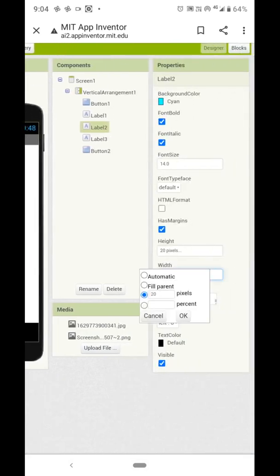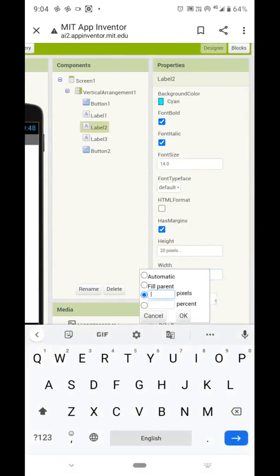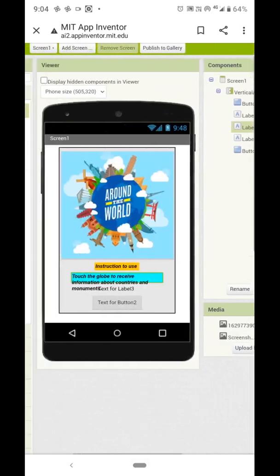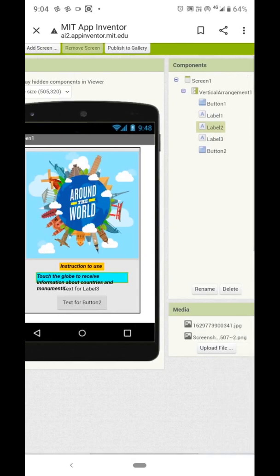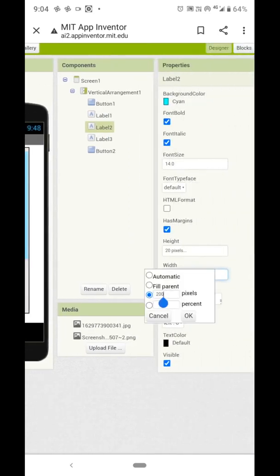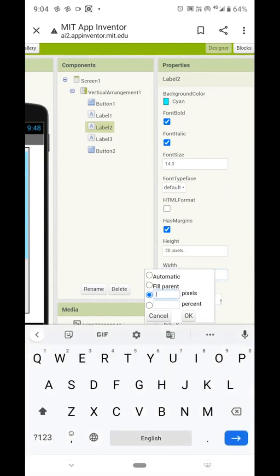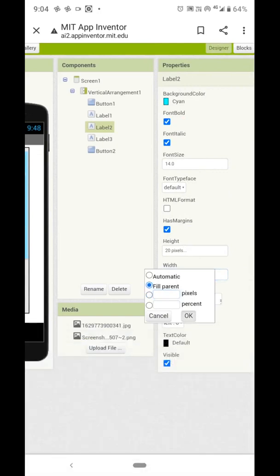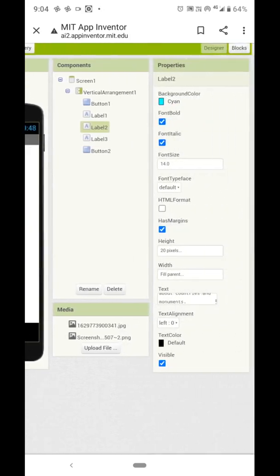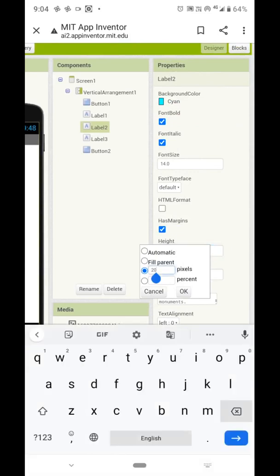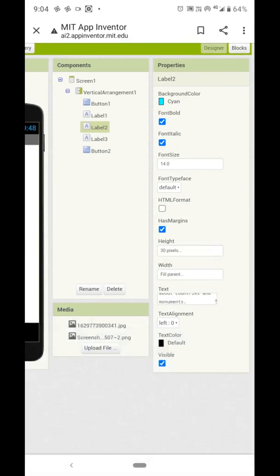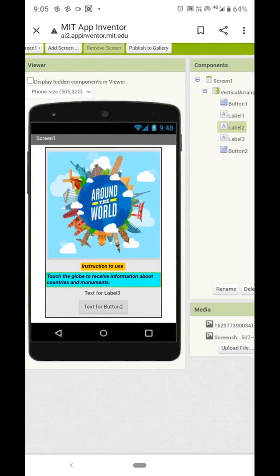Oh, the width is too small. Okay, now it looks better.